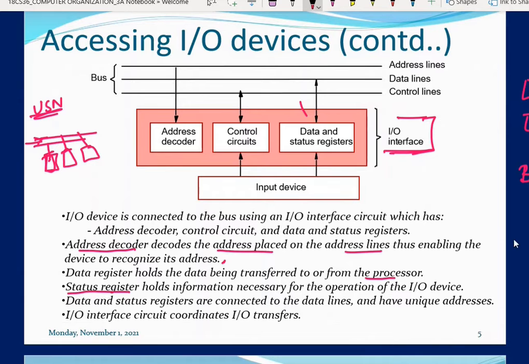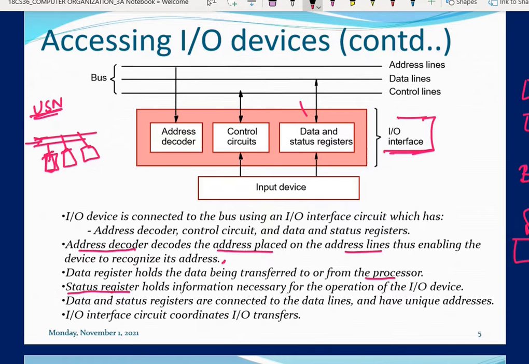These are the flags in a particular register. If I call this a register, in this a particular bit indicates the status of the input device, and the status of the output device. So you will come to know why we need this status register. Just remember, the status register is going to contain a set of flags. In that, one particular flag is going to indicate whether the device is ready or not.